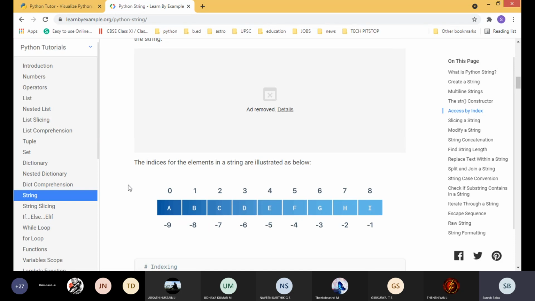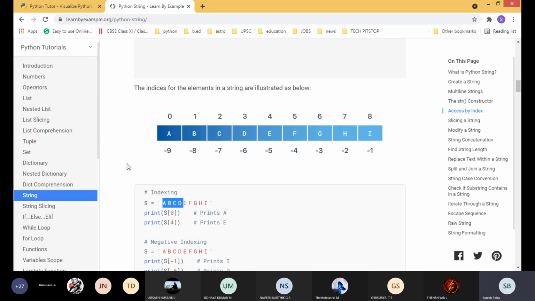Actually we have two types of indexing. Indexing means addressing. These positive numbers are called positive indexing or forward indexing, where the indexing number starts from the first character of the string.